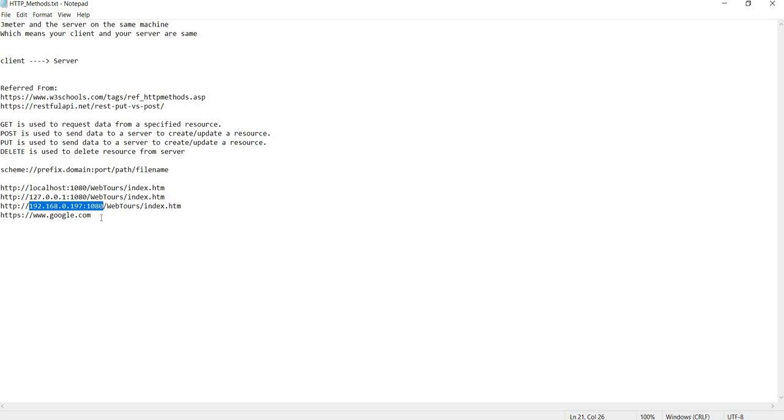You do not need to go deep into it. You just need to understand that this is a representation of this IP address, and as it is on HTTPS, this will go to 443, but we have set up our server on 1080, so we are using this port, and this is how it is written: first the IP, then a colon, then the port number.